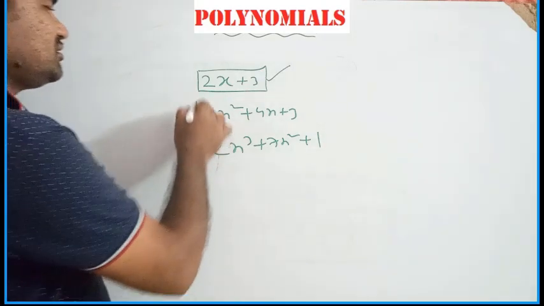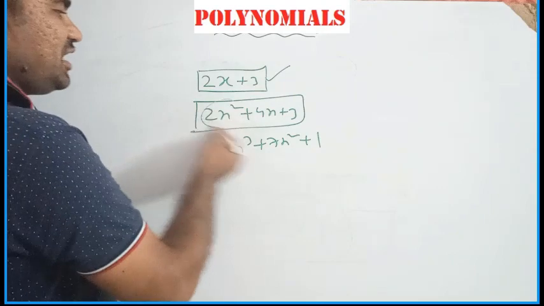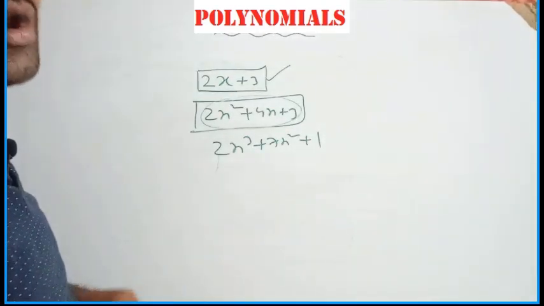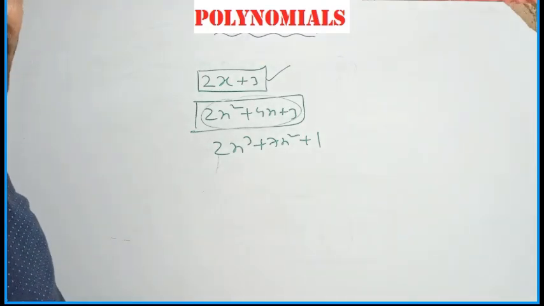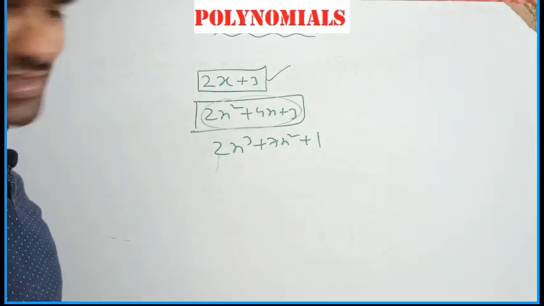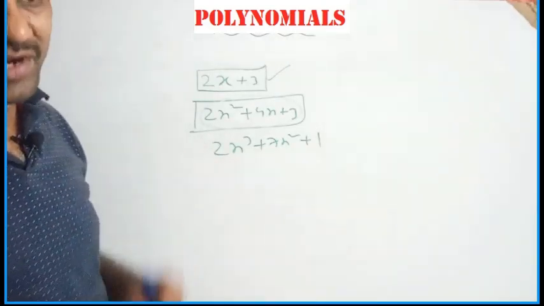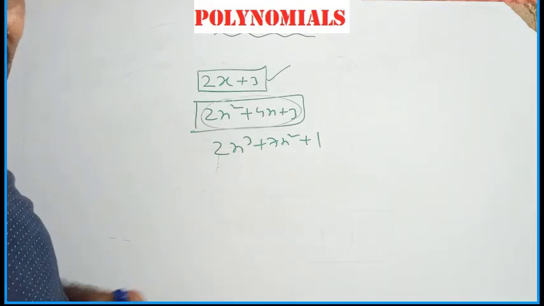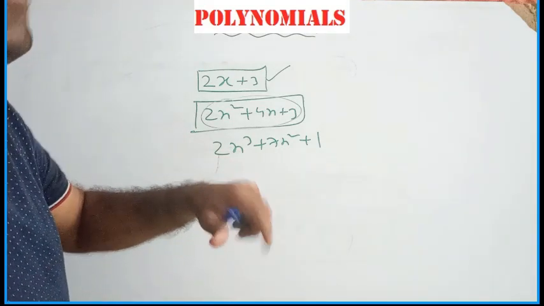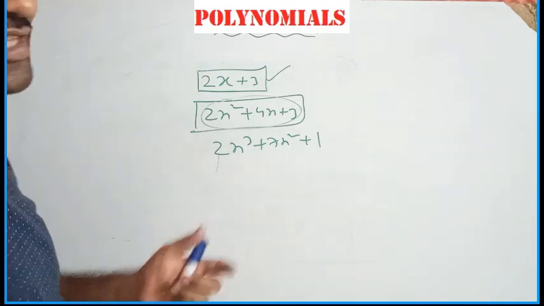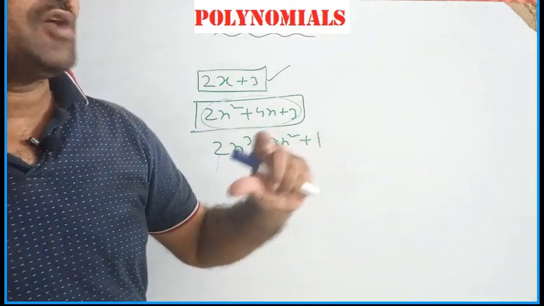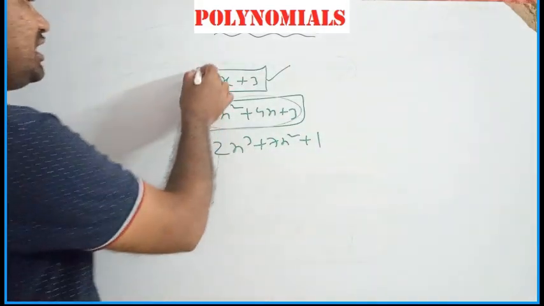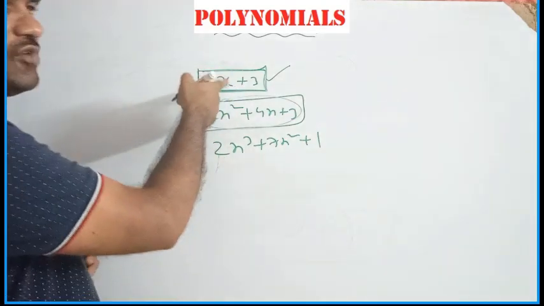See the second one. This is a second degree polynomial in variable x. Second degree polynomials are known as quadratic polynomials. Polynomials with degree 2 are called quadratic polynomials, degree 3 are called cubic polynomials, and degree 4 are called biquadratic polynomials. If the degree is more than 4, there are also some names, but simply you can say it is a polynomial of degree 5, or a polynomial of degree 7, like that. So this is the linear polynomial involving one variable.